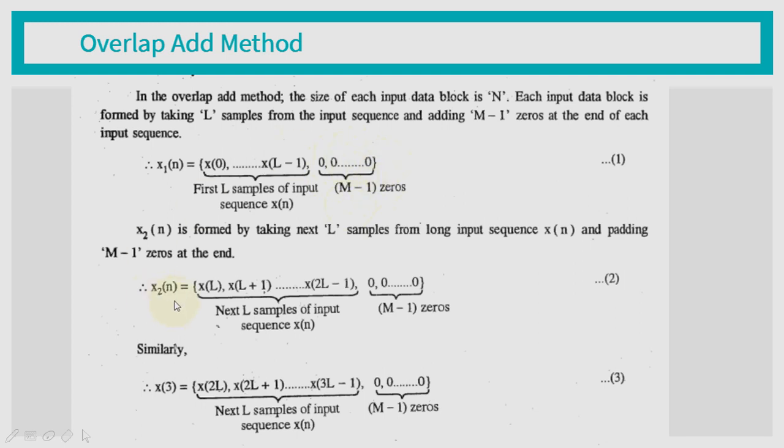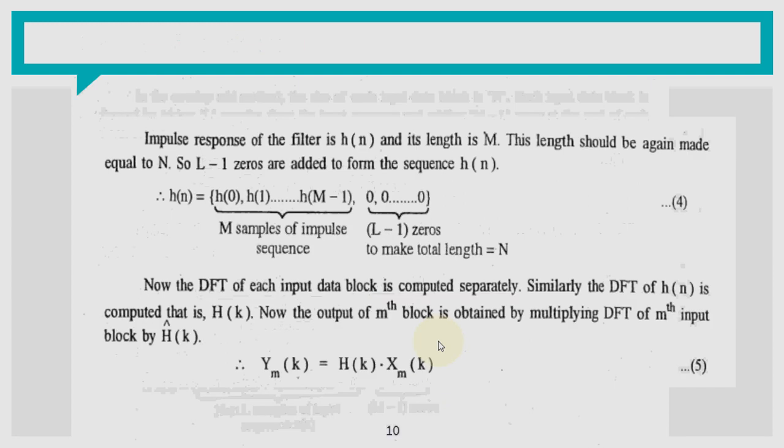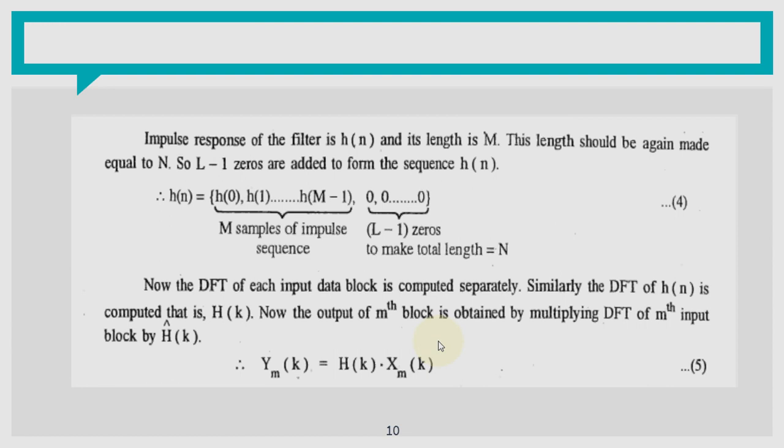So you can make the x2 of n: new L samples, and the previous m minus 1 zeros can be padded. Again, for x3 of n, new L samples can be taken from the sequence and m minus 1 zeros can be padded. So in this way the input data blocks can be obtained. In the impulse response, m samples are given and L minus 1 zeros can be